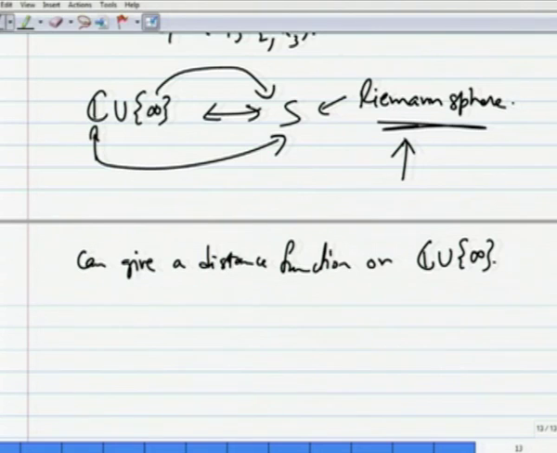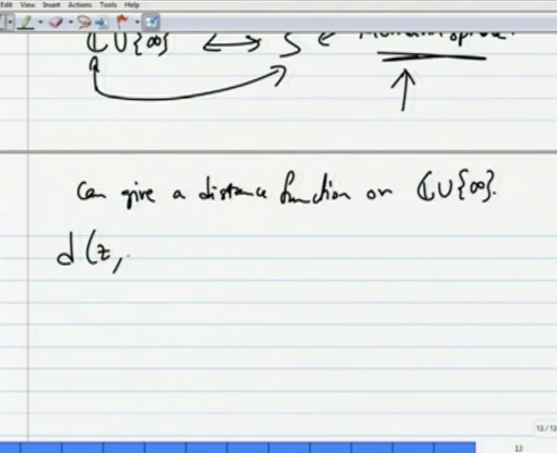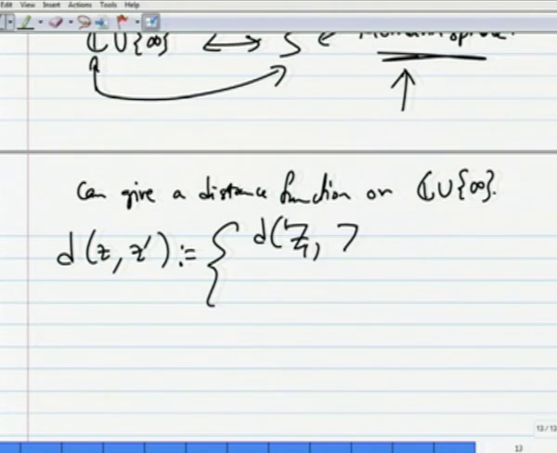We can find the distance between any two numbers z and z prime in C union infinity. It is actually a split definition. Define this to be the distance between the corresponding points z and z prime on the sphere, in R 3, distance in R 3,